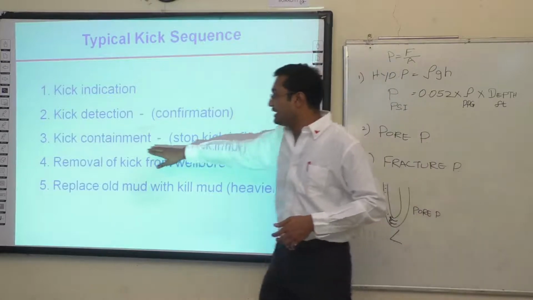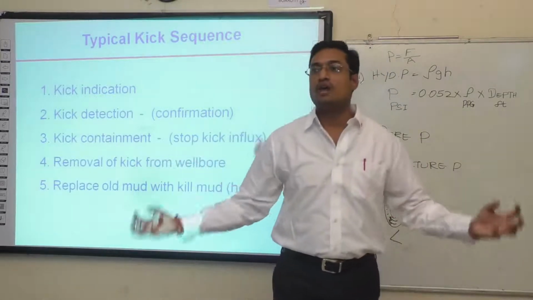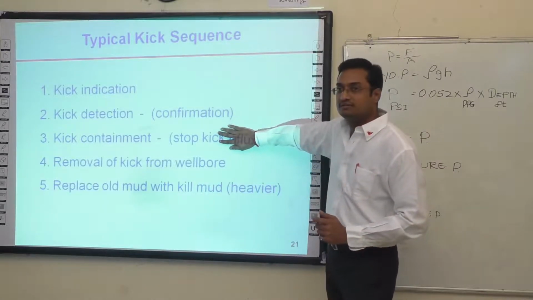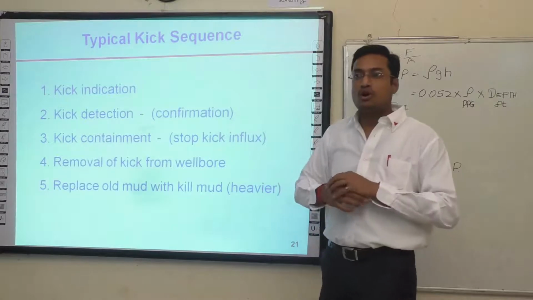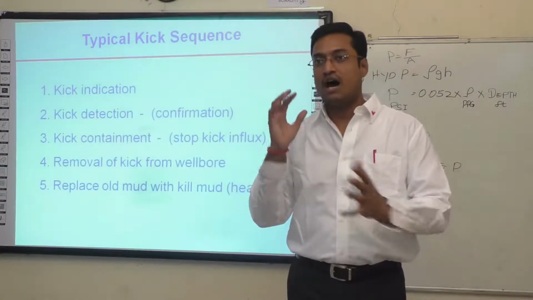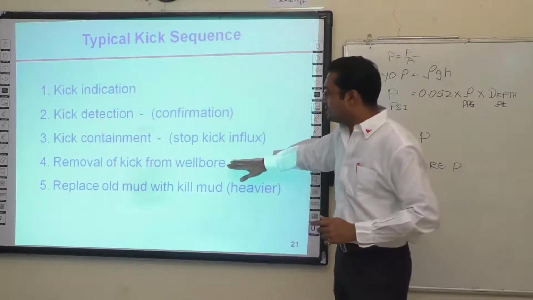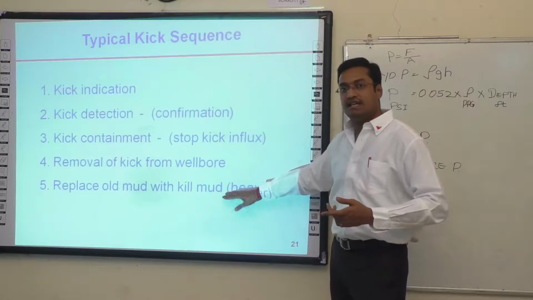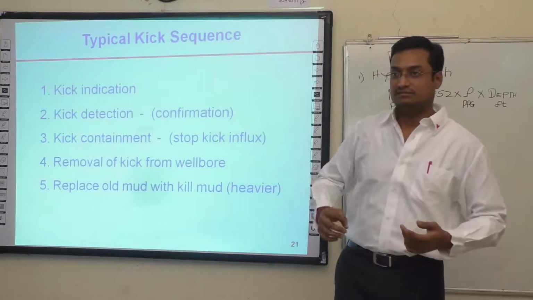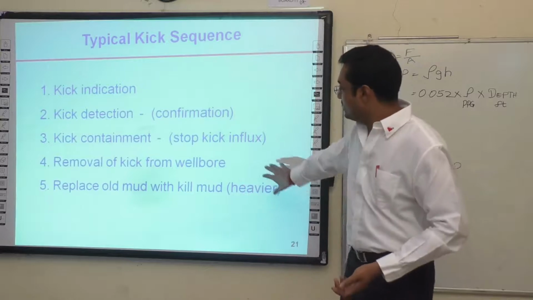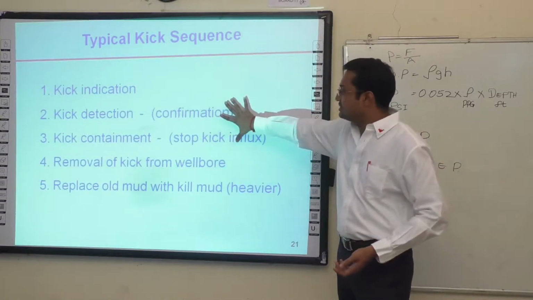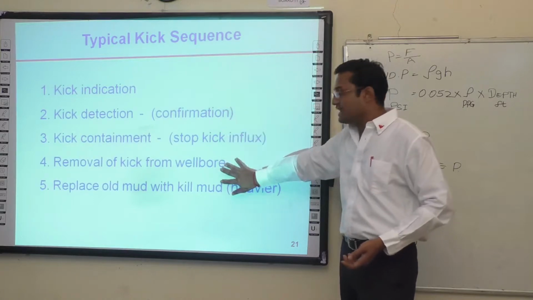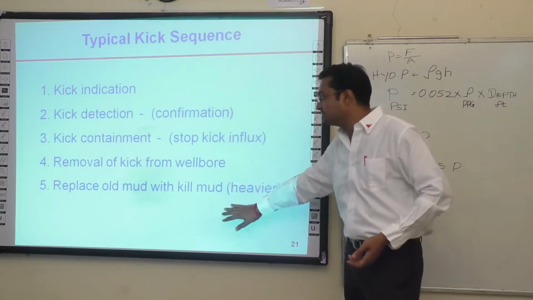Then you have to contain. Contain means you don't allow more influx to come inside. This is where you close the BOP. Once you close the BOP, you are not allowing further influx. You arrest the kick. Next is the removal of the kick from the wellbore and replacing it with higher mud weight to balance the formation. This is the kick control procedure. This was just the indication, confirmation and containment. The next topic, which we will see in the next hour, is the removal of